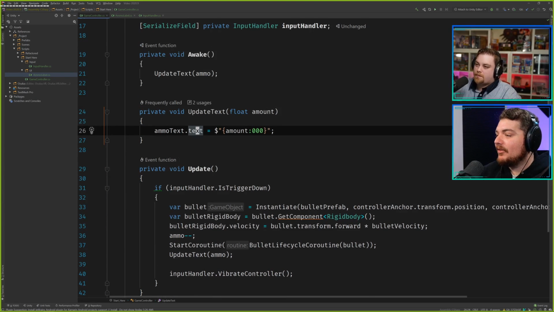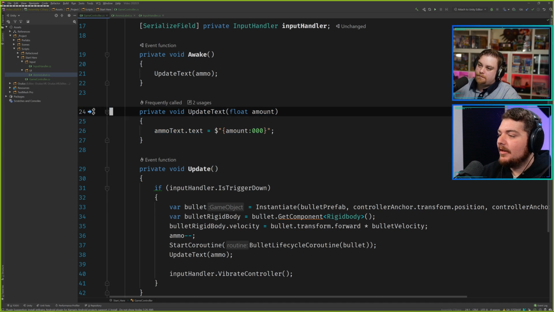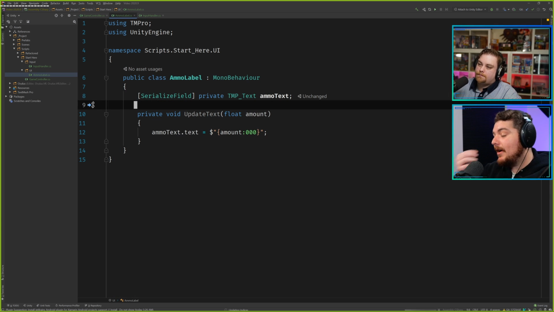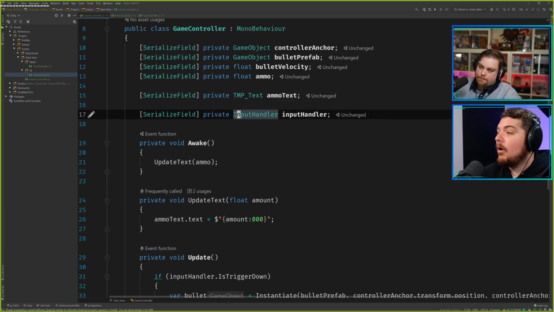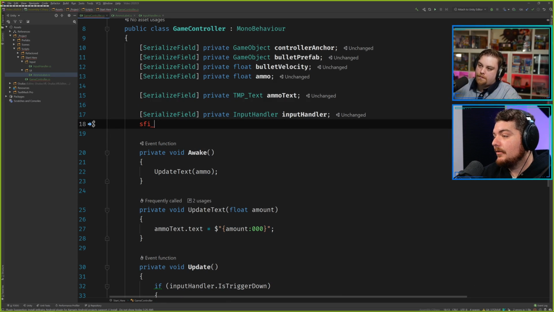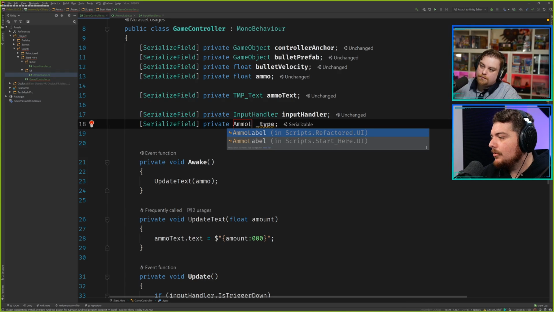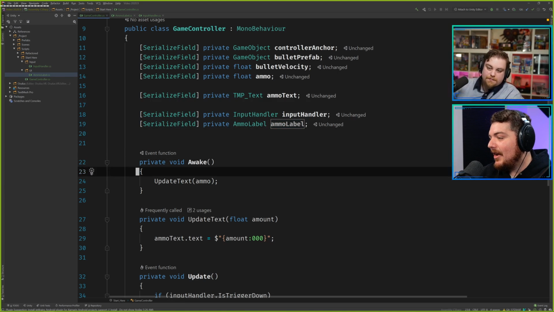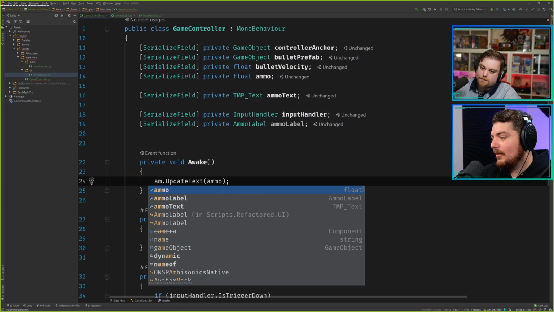All right, so now we've got this update text method. I'm going to copy it and drop it into the ammo label class, which is great. And again, it harkens back to what Jason was saying earlier, that I might get it wrong the first time, but it's okay. I can update that as I go. So we're going to say ammo label. Make sure I get the right one. The star UI ammo label. Okay. And then I'll replace all these calls to my local update text method with ammo label dot update text, which is a huge mouthful.